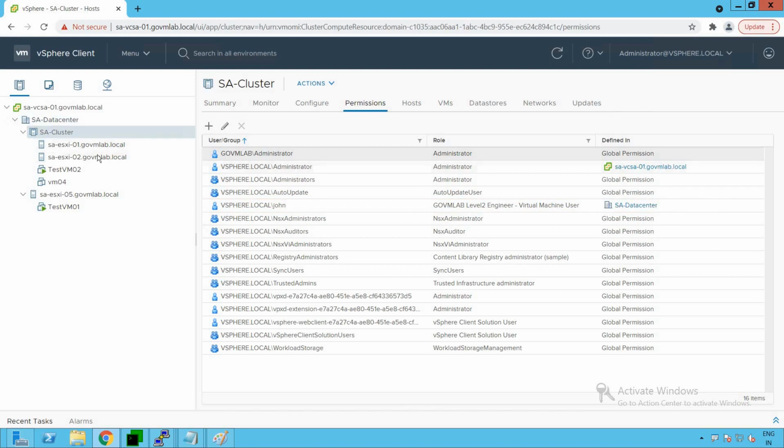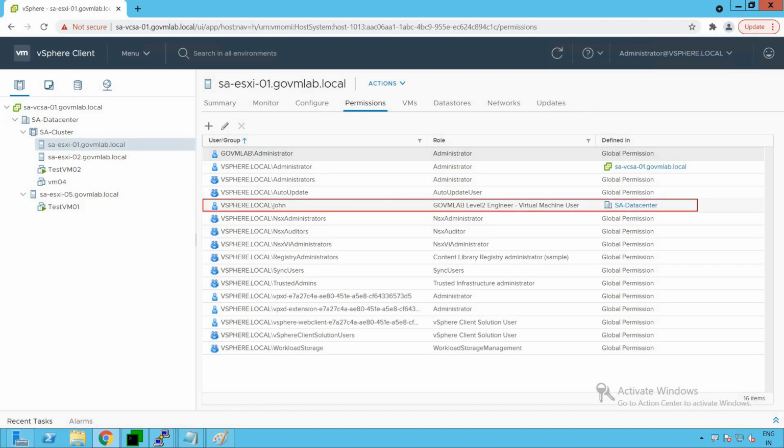Now you click at the cluster level and look at that. When I told you it's about propagating to the children, you will see that the same user role has been pushed to our cluster object as well, though we have not created that permission at the cluster object level. Similarly, if you click at the host level, you will see that a new user has been added with virtual machine L2 engineer permissions.